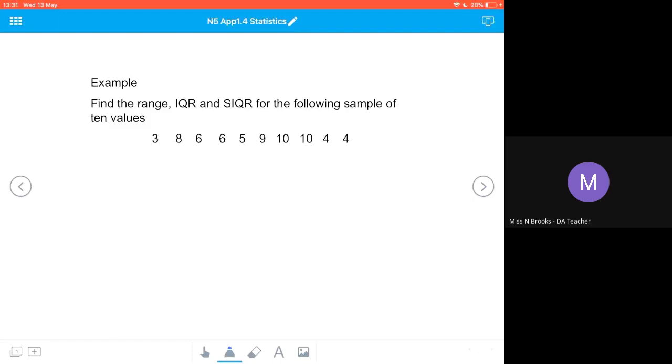and semi-interquartile range formula, or even to work out the range, we need to put our numbers in ascending order from smallest to biggest. So, our smallest number is the 3. Then we have 2 4s. Then we have a 5 and 2 6s. And then I have an 8, a 9, and 2 10s. And I'm going to double check that I have all 10 values: 3, 4, 4, 5, 6, 6, 8, 9,